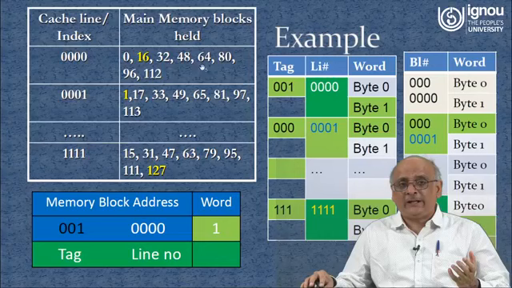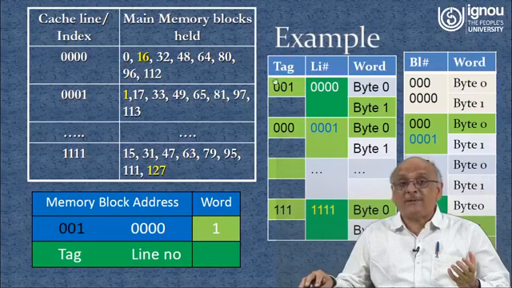Had it been holding location number 32, then the tag would have been 010. That was our quotient, so that way the quotient would have been here. Had it been holding 48, it would be 011, right? So like that, the tag number is going to change, although this particular address is going to remain the same. All right, so this is how multiple values can be mapped into the cache.